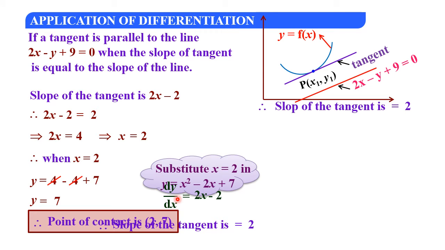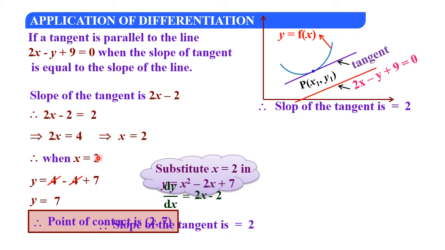Once you determine this, next dy by dx, already you people have determined the differentiation of the given curve, 2x minus 2, then slope already you got, that is dy by dx equal to 2. Equate dy by dx is 2, where you people have already differentiated the curve, that is dy by dx equal to 2x minus 2. Therefore 2x minus 2 equal to 2. Next minus 2 you take to the right hand side, so it will be 2x equal to 2 plus 2, how much? It is 4. So 2x equal to 4, x equal to 2.